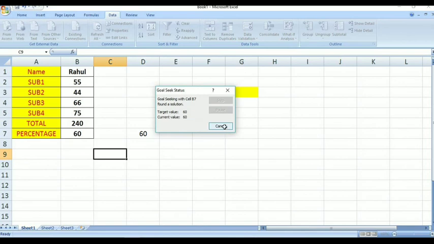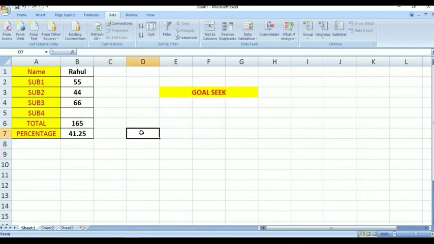See here, once you click on the OK button, you will get the marks of subject 4. Means if you get 75 marks in subject 4, then your percentage will be 60.